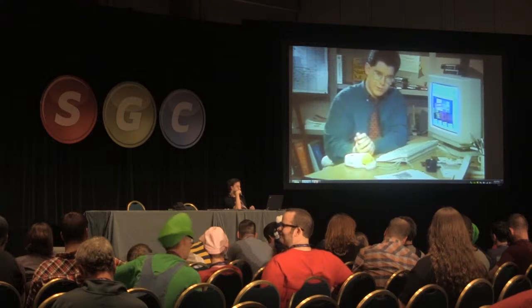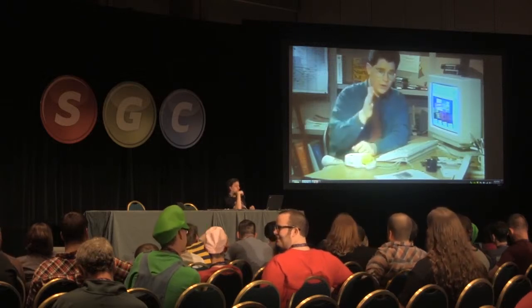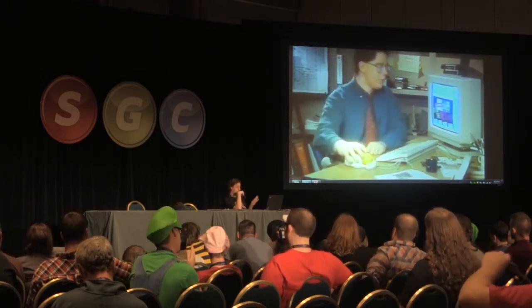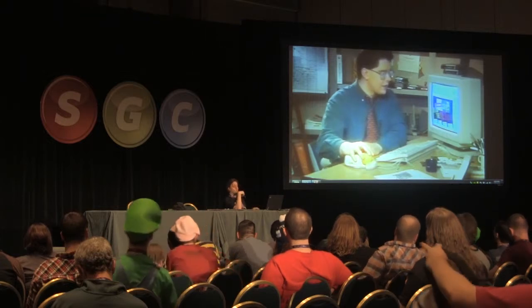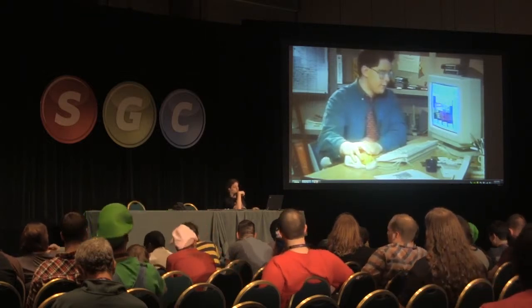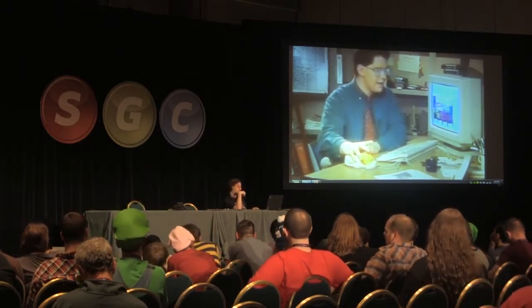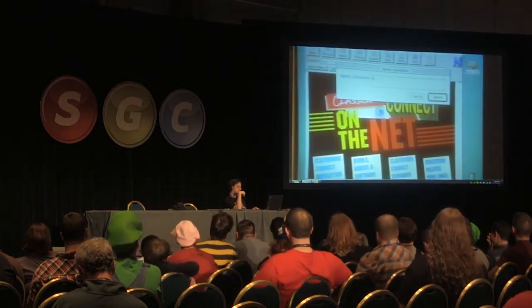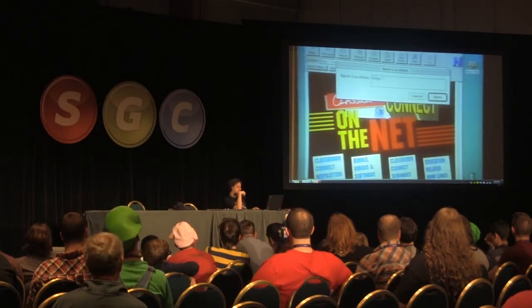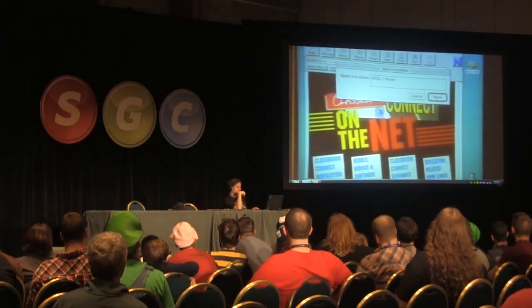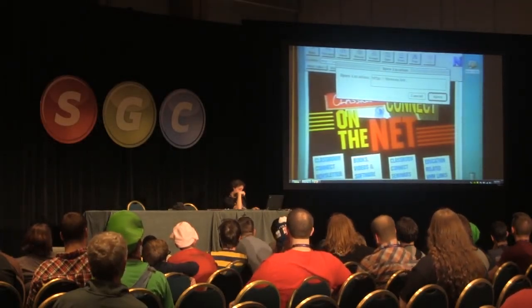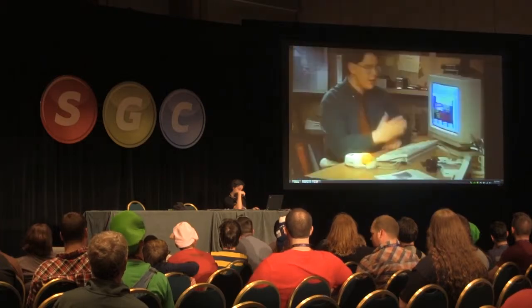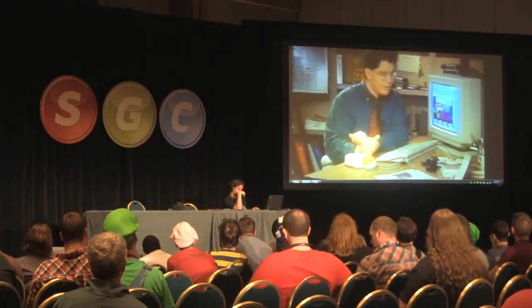Click on the Open button. Then a small window appears, and in it, you type the address of the place you want to go. In this case, it's http://thomas.loc.gov.